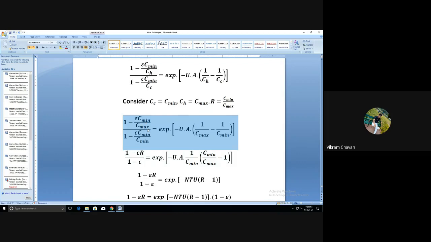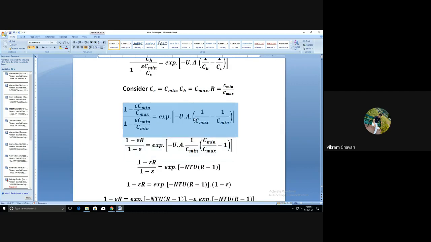So we know that C minimum divided by C max is nothing but R, so we can directly take C minimum divided by C max as R, and in the denominator side, C minimum divided by C minimum will be cancelled. And on the right side, if you take 1 upon C minimum as common out of this particular bracket, then you'll get inside the bracket C minimum divided by C max minus 1. So the final equation will become (1 minus effectiveness multiplied by R) whole divided by (1 minus effectiveness)